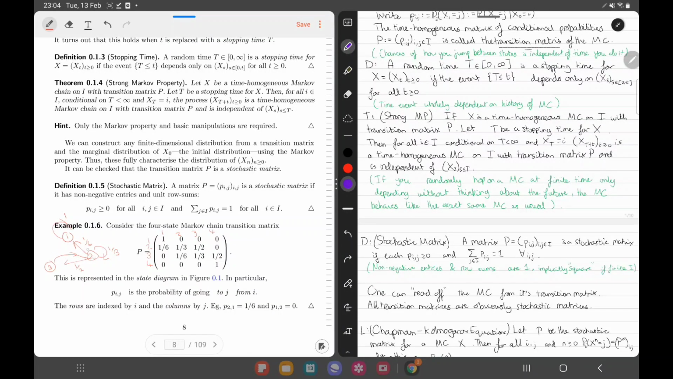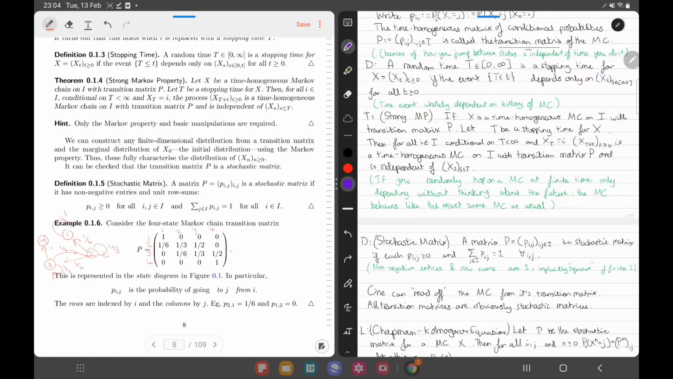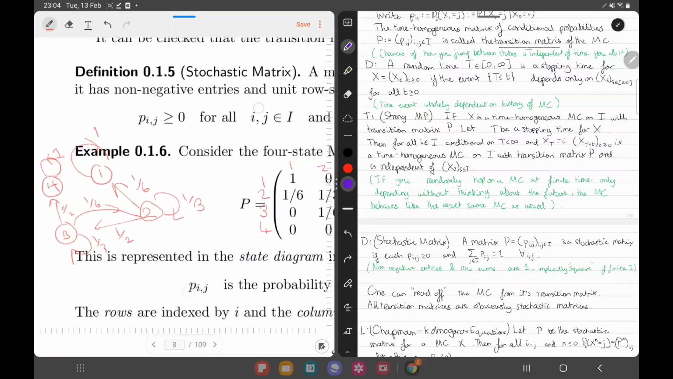So here I'm going from 3 to 2 with probability 1/6. I'm going from 3 to 3 with probability 1/3. And I'm going from 3 to 4 with probability 1/2. So let's say it's 1/2 there. And state 4 goes to 4 with probability 1. Okay. Whoops. Probability 1. Okay, so you can kind of use this ugly diagram here on the left, actually, to